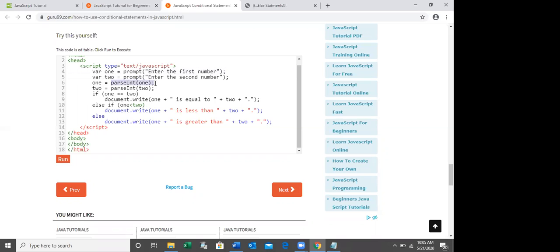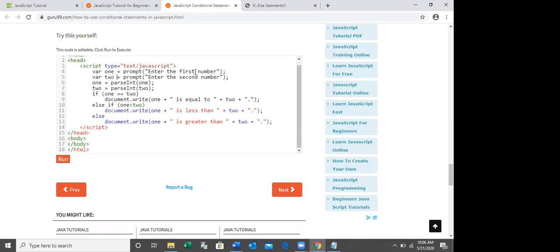And then one is equal to parseInt one. What is this parseInt one? Right. This will ask to enter the first number, then you will enter the first number, right? When you enter the first number, it will take that number as text, not integer, right? That means text means what?